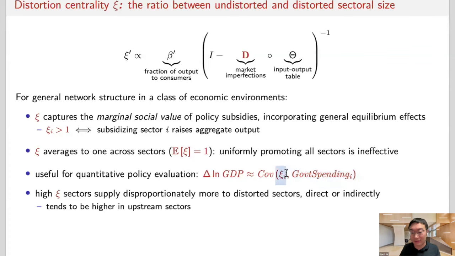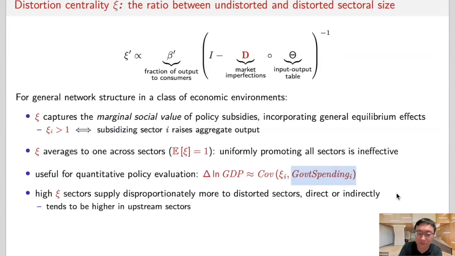And because it averages to 1, the overall impact on GDP to first order is simply a cross-sector covariance or a regression coefficient in some normalized way. If we regress government spending across sectors on this notion of distorted centrality, that regression coefficient tells you the aggregate effect. So with this simple covariance formula, to the extent that we can measure distorted centrality in different sectors and we can measure government spending via different industrial policy programs, we can use that to evaluate